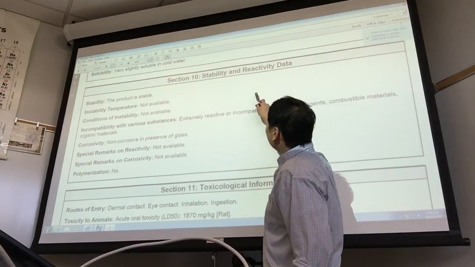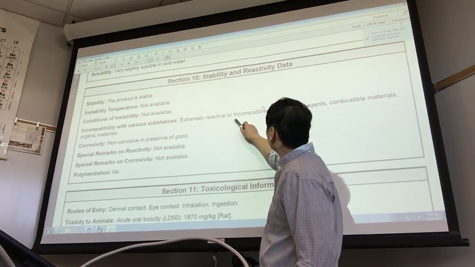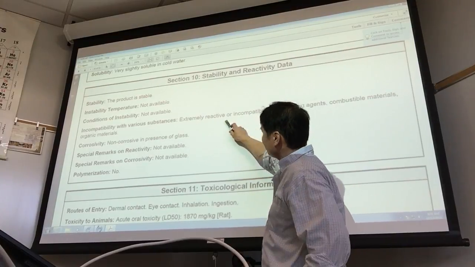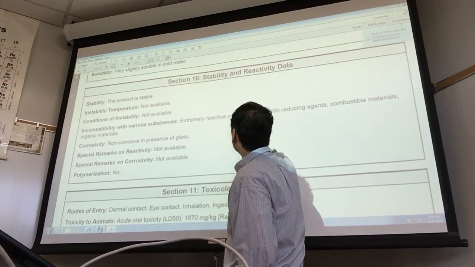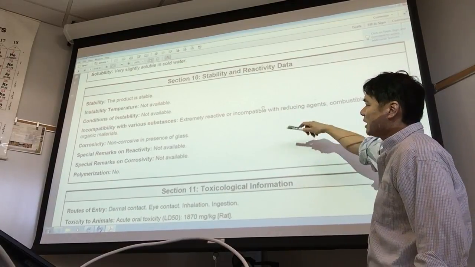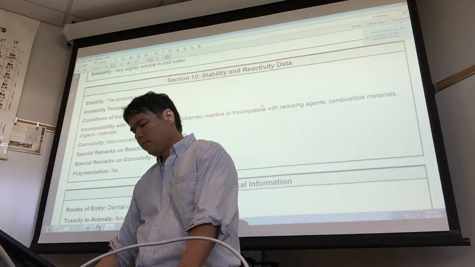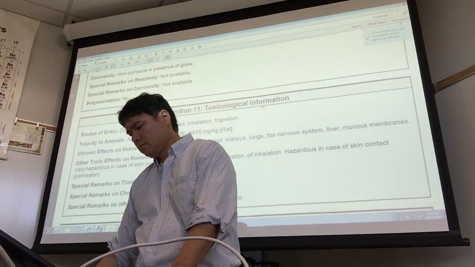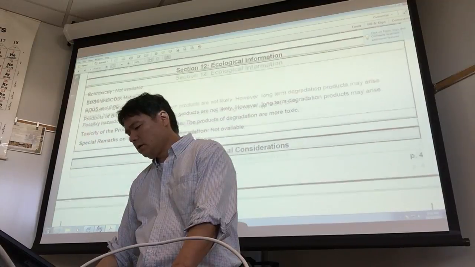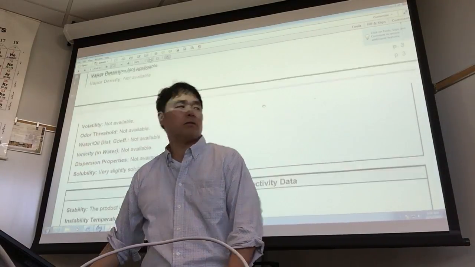Pretty much, when we come down here, this is going to be something that might catch your eye. Extremely reactive or incompatible with reducing agents, combustible materials, organic materials. And so, watch out. All right, so you could read through this. Tomorrow we're using potassium chlorate